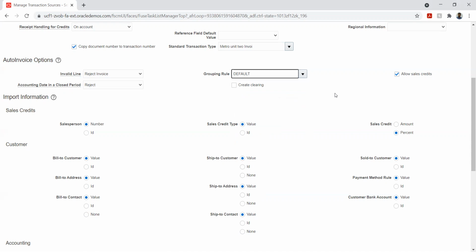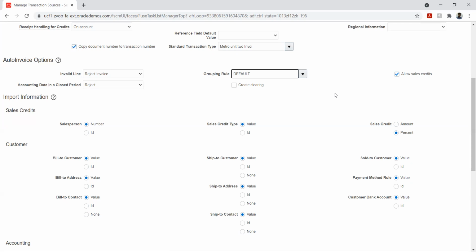So let's say in this case, I'm giving a sales order number. What the system will do is, let's say I created four different sales orders. This will create separate invoices, so I will have four invoices. But when I say accounting date, the system is not going to create four different transactions, because my accounting date in the sales order is the same. So it will create one invoice.